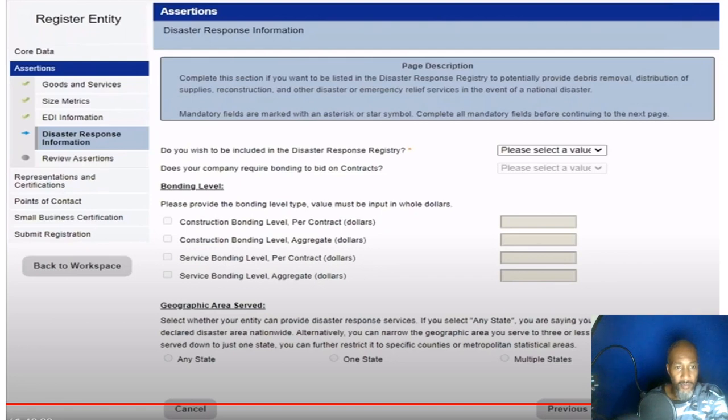Does your company require bonding to bid on contracts? That'll be probably yes or no. It all depends on the agency. So a lot of times you can probably leave that blank. And the reason why you can leave that blank, you see right here, this right here, you have to answer here. But it doesn't have the red asterisk, you don't have to answer, so you can just leave that blank